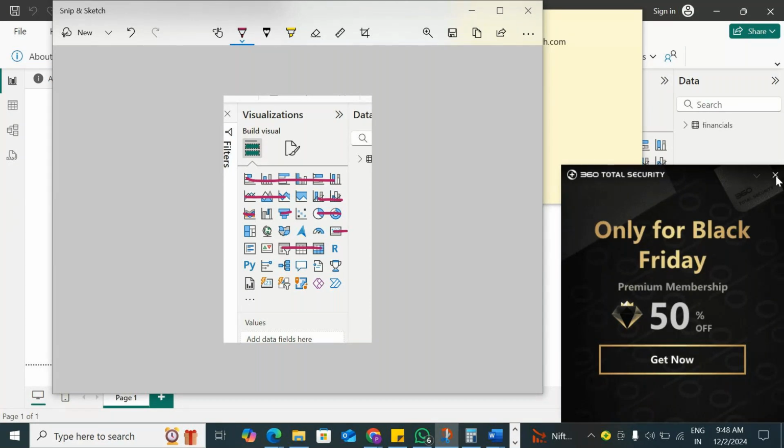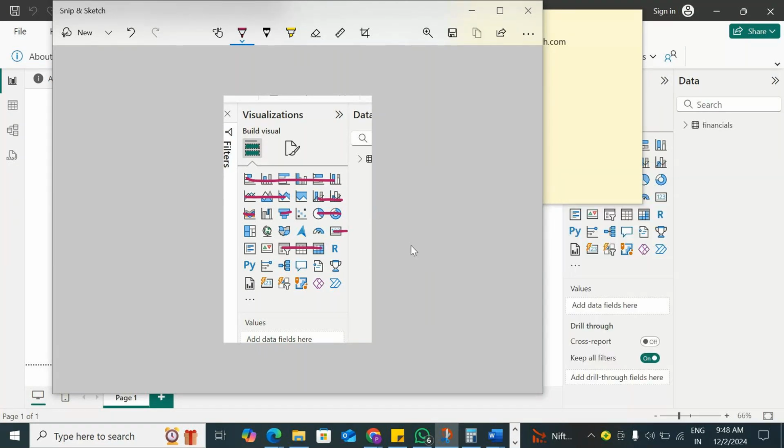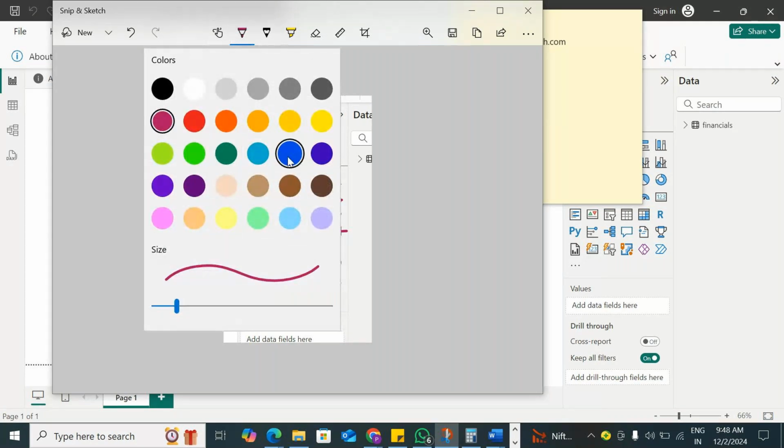These visuals we covered so far, along with the map and filled map also. So as part of today's session, we are going to see a few more visuals, like